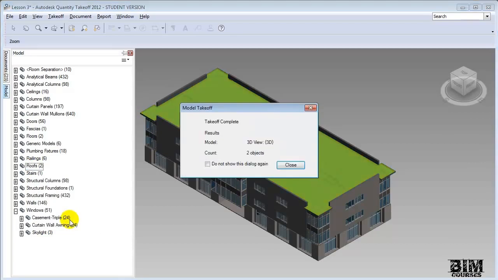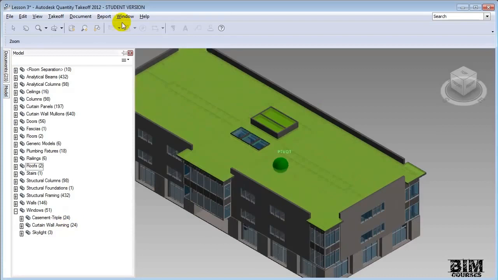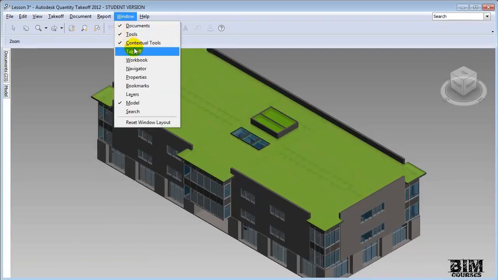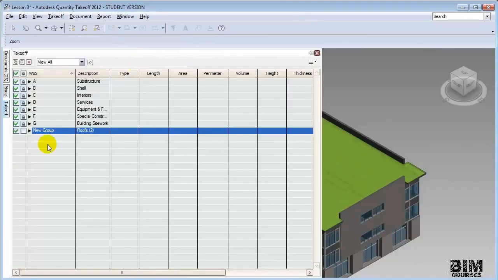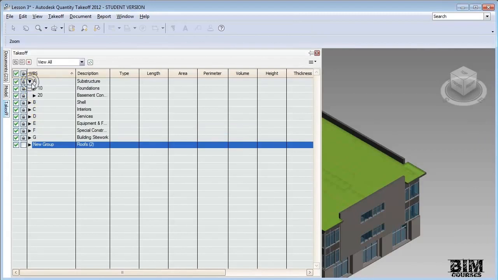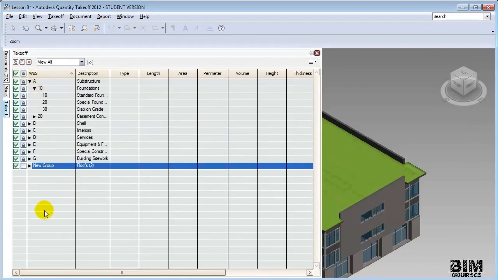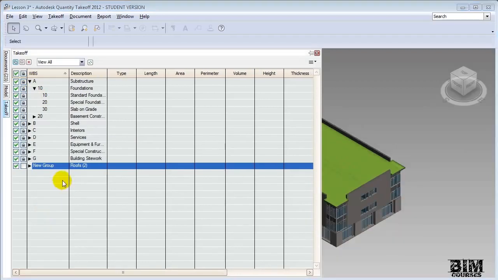When we use the Takeoff command, the selected elements are copied into the model Takeoff. Let's open the Takeoff window and see those elements. When you open the Takeoff window, you'll see a work breakdown structure following the Uniformat codes already loaded into the window. This was loaded in because we chose that workbook to be imported when we were importing our models. You'll also see a new group located at the bottom of the list containing the elements that we've taken off